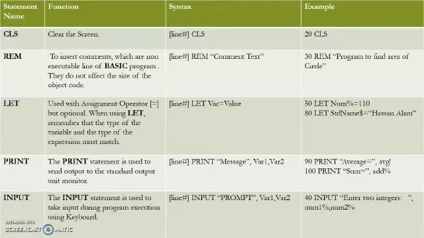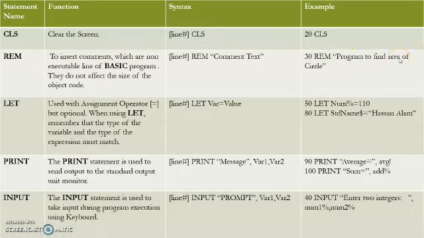So these are the lines or statements in a program which are non-executable lines of the BASIC program. The syntax is over here: line number, then the reserved word REM, then we type the comment text within double quotation marks. Example: we write at line number 30 the REM statement, then within double quotation we have given the comment, program to find the area of a circle.